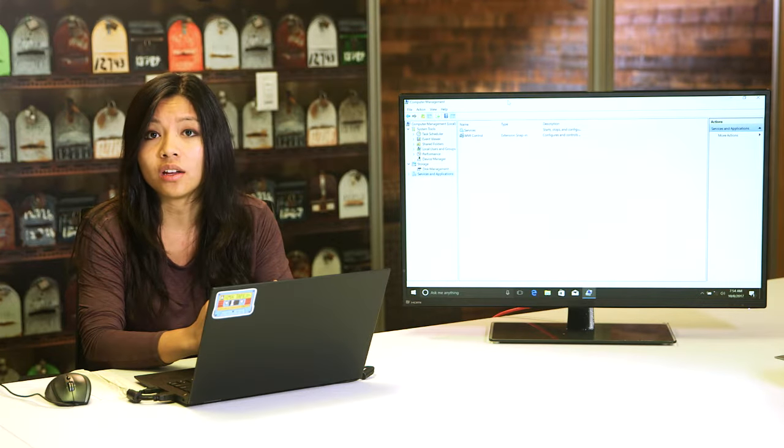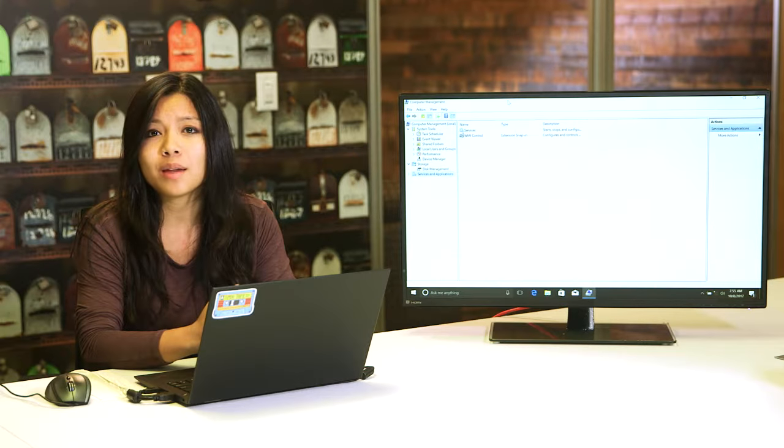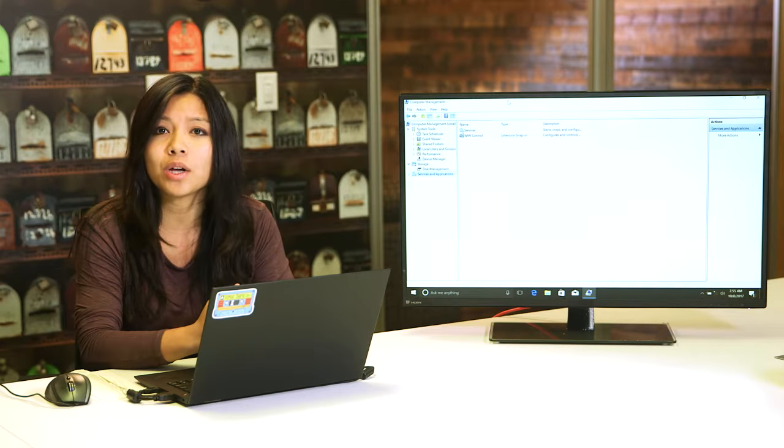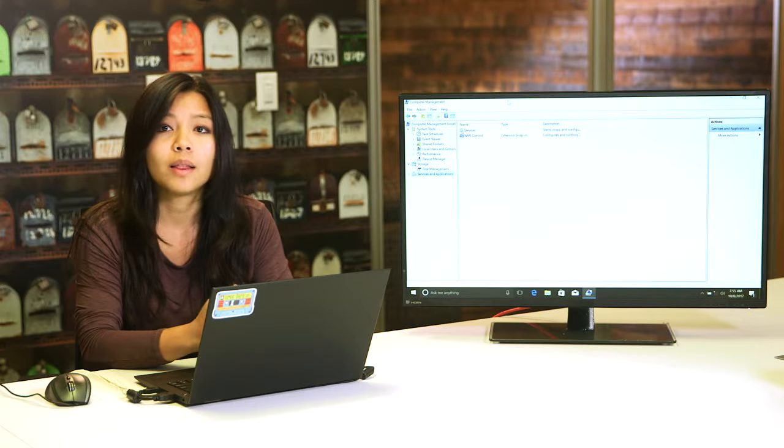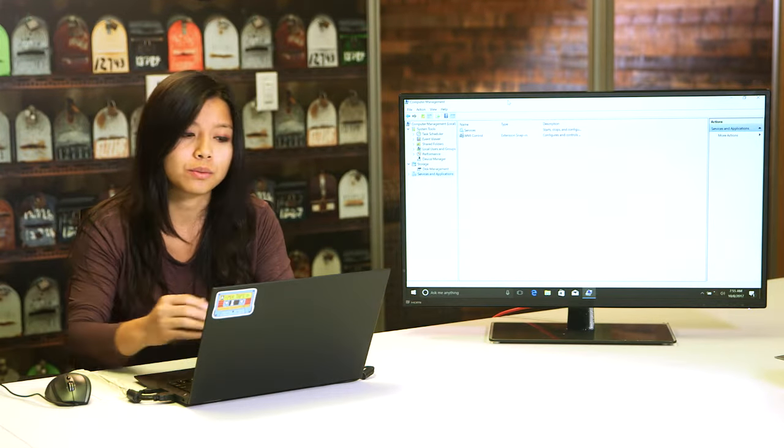All the essential settings that we as administrators need to change are found in the Computer Management tool. If you're a power user, it's more efficient to use this than it is to go through the default settings application. Okay, let's get back to the task at hand. Let's see what kind of user account we have and what groups we're a part of. Let's go back to the local users and groups.